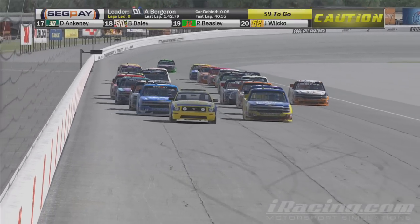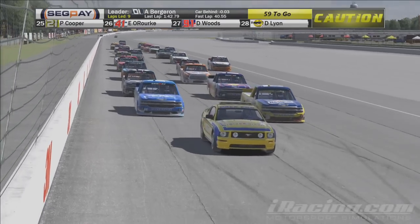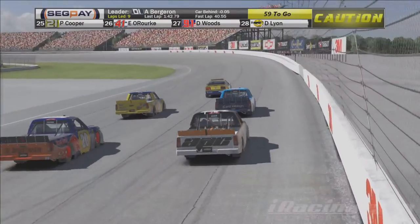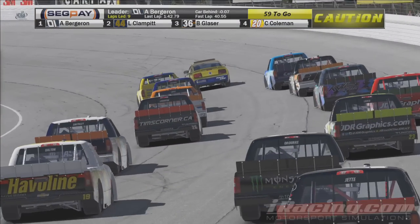Yeah, we absolutely did. And the inside lane, too, with these trucks at Michigan, can pretty much hold it wide open through turns 1 and 2. So I definitely give the advantage to the bottom side. We'll see how things play out, though, on this restart. The field making their way into turn number